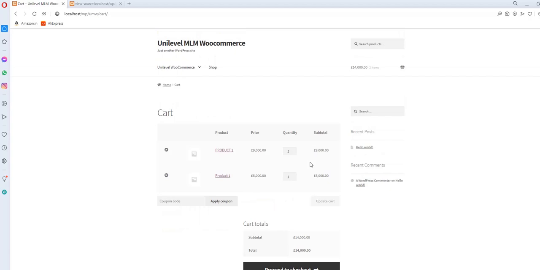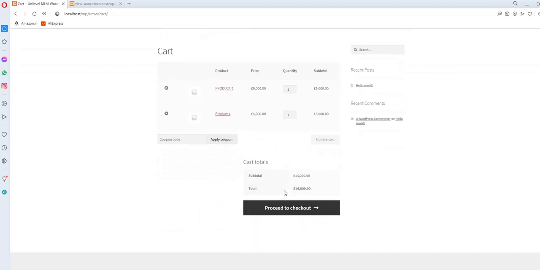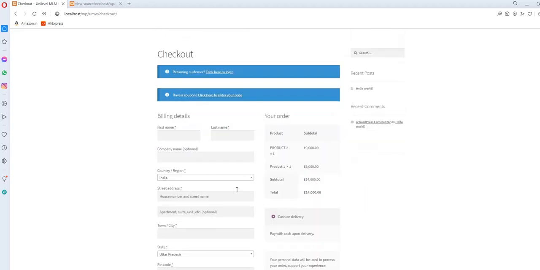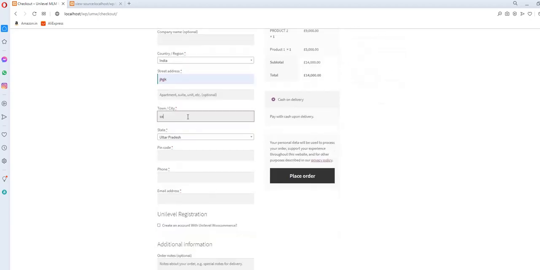So I am going here, and if I am putting here information, anything, email ID I am having here the